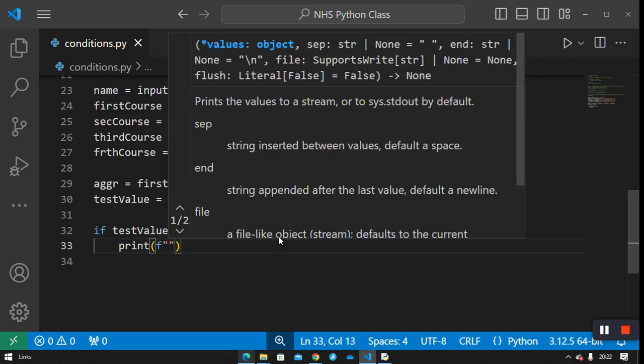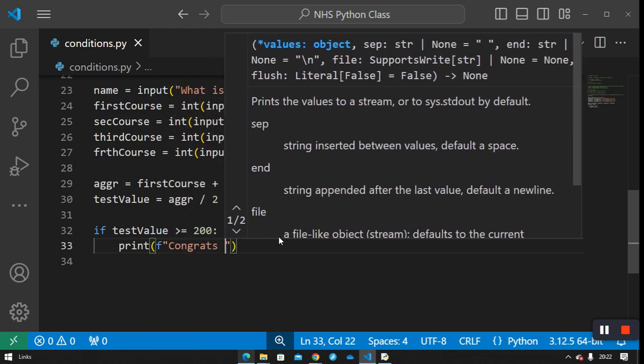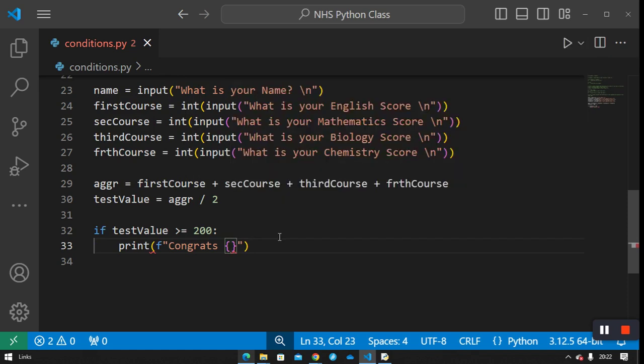Now call the person's name. Say congrats, because you accepted the name at the beginning. Call the person's name here and say congrats. Do you understand? The name we used here. Congrats, name. You scored